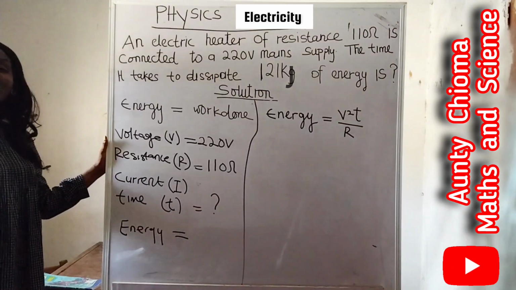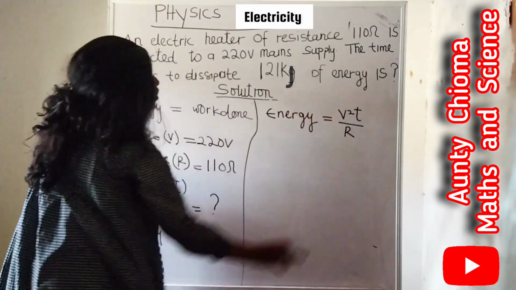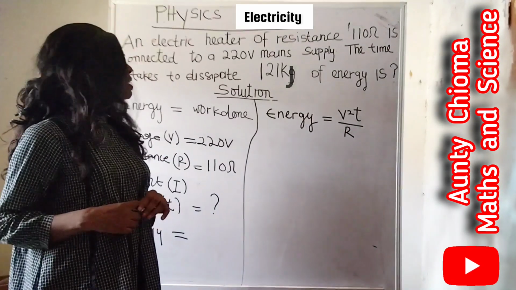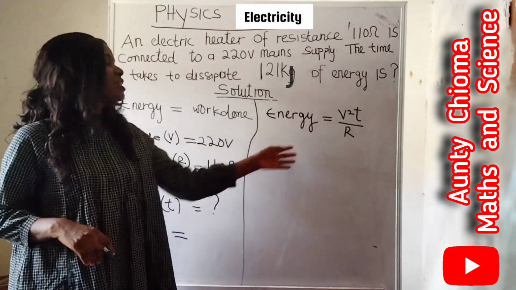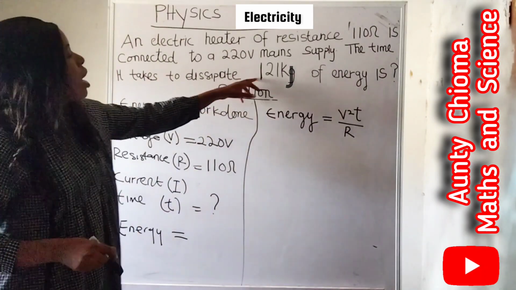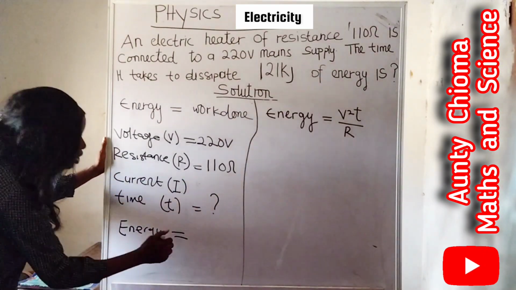Now what do we do? We substitute these values into this formula. That means we start solving. Let's start from the first one. The first one is energy. Did they give us energy? Yes, they give us energy. It takes to dissipate 121 kilojoules of energy. So that energy equals to